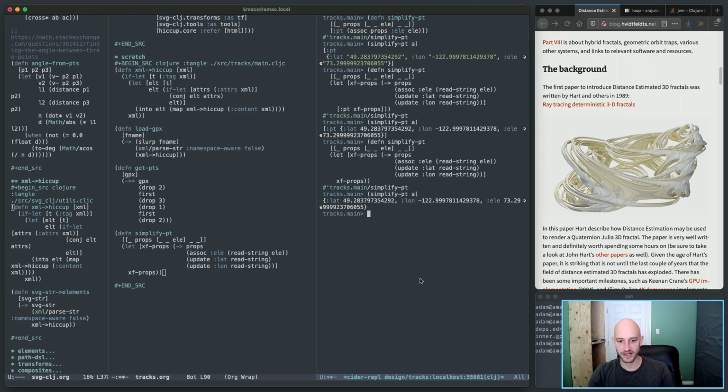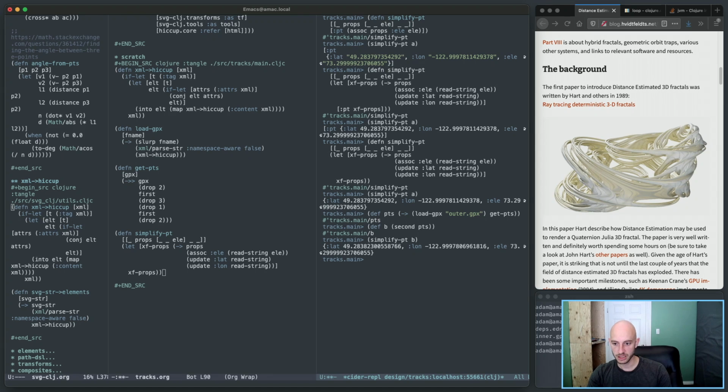Ridiculous. All right, so let's def points as thread load gpx of outer.gpx and thread that into get points. Right, so now def b as second from points. Now simplify point b. Right, so let's